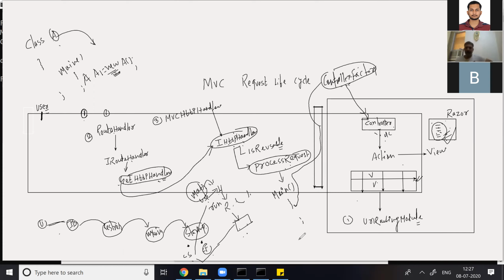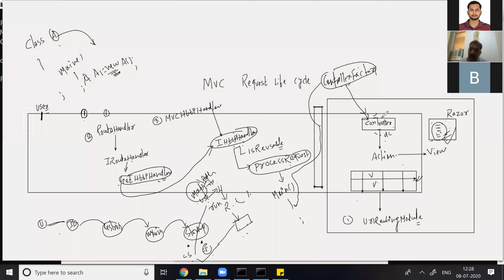In this case, Sandeep sir, what will be the URL? Because the user needs a URL. And if you give a URL, then anyhow all the steps will be executed internally, then control comes, then action comes, then view comes. Now tell me, in .NET Core you have the map, you give a path. Same thing I'm asking you in MVC: how can I give a path so that this path should not trigger the controller?